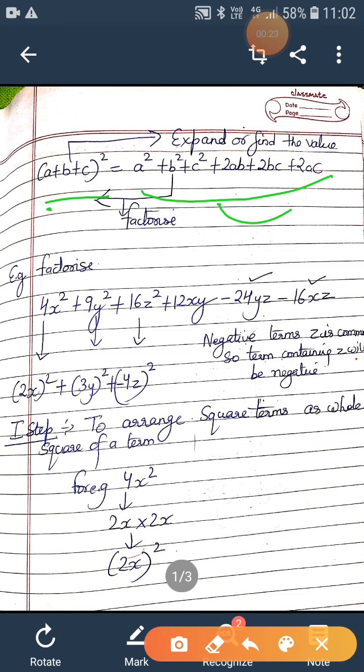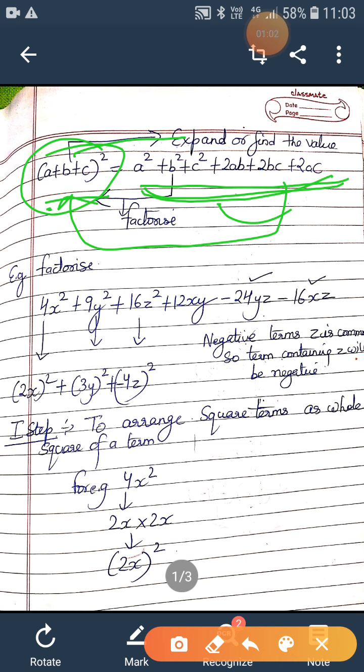So there are two types of questions. In the first category of question, we are asked to find the value of expressions comparable with this identity, so we have to move from left hand side to the right hand side. But in some questions, an expression of this type is given where the terms can be arranged as the right hand side of this identity, and it is asked to factorize. So when it is asked to factorize, we have to move back from right hand side to left hand side and get the factors in terms of (a plus b plus c) whole square.